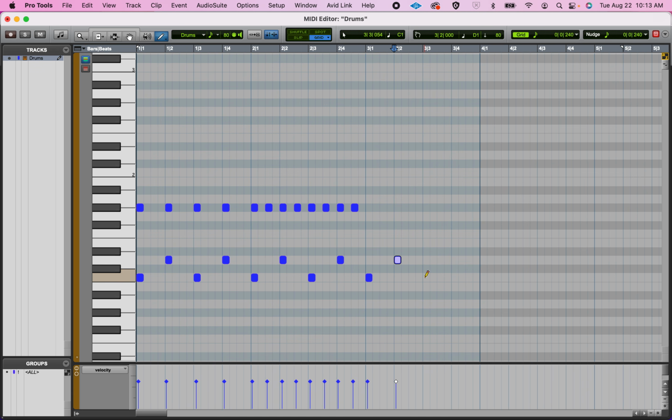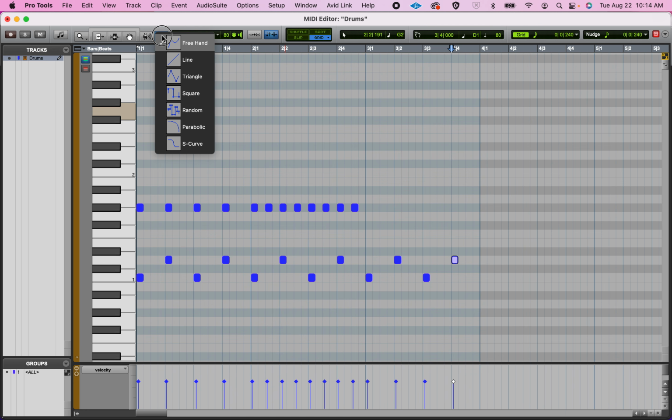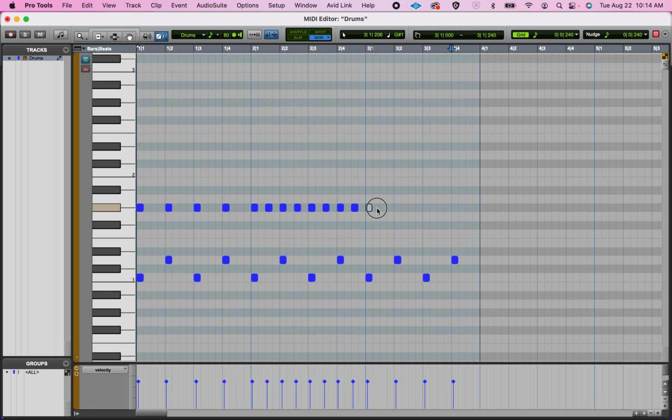Same pattern on the kick and snare. Keep it super, super simple. This time, we're going to draw in 16th notes. I'm going to show you a little trick. If you know that that's what you want to do and you want to fill all of these grid squares, if you click and hold on the pencil tool and go to the line tool, what it does is it draws in the value of your grid. Very, very simple. And that sounds like,